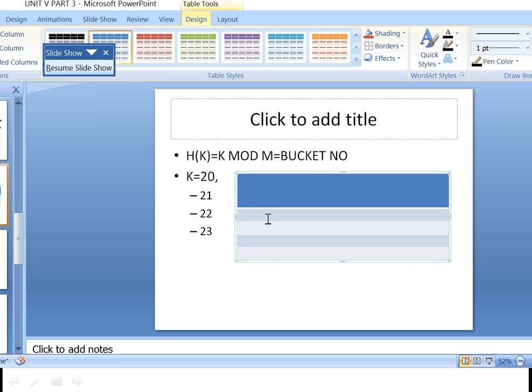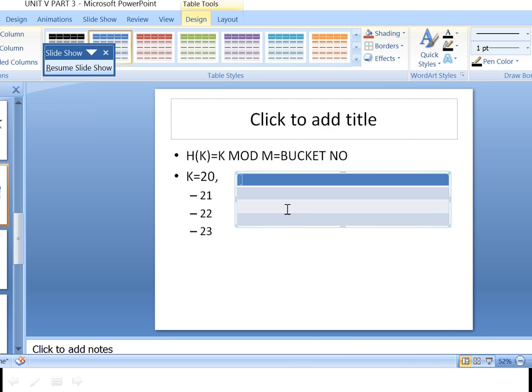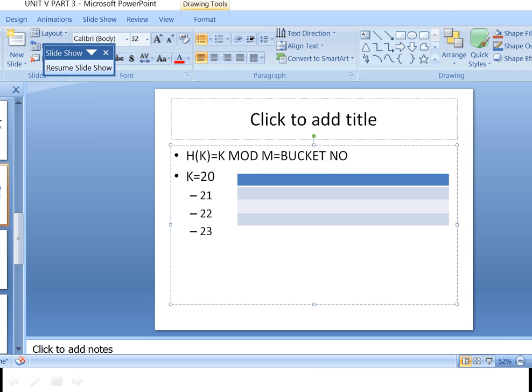How many buckets do I have? 5. Now I have 4 rows, I have 4 values. You can have multiple values, that's not an issue, because a page can contain multiple records.